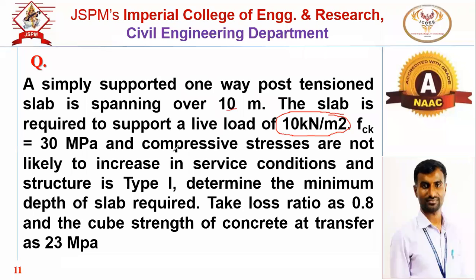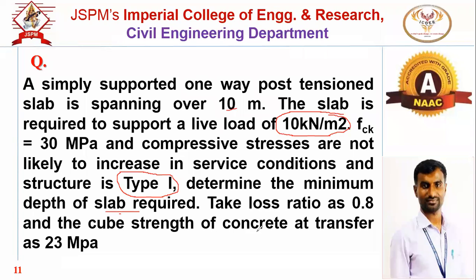Then the grade of concrete is given, and the compressive stresses are not likely to increase in service condition. And the structure is a type 1 structure. So type 1 structure is that structure where no tensile cracks are observed. Okay, tensile cracks are not seen in type 1 structure. So we have to determine the minimum depth of the slab, and we have to take the loss ratio as